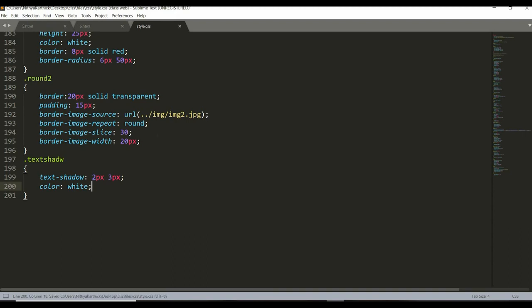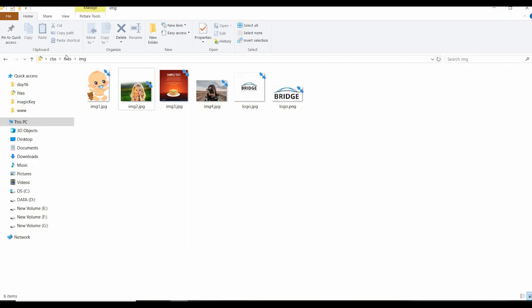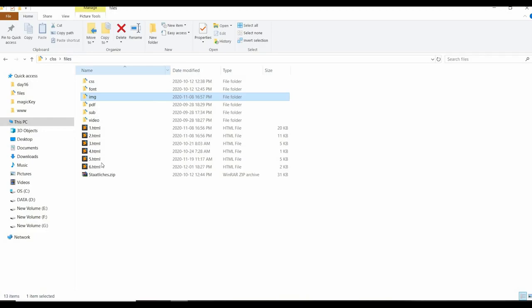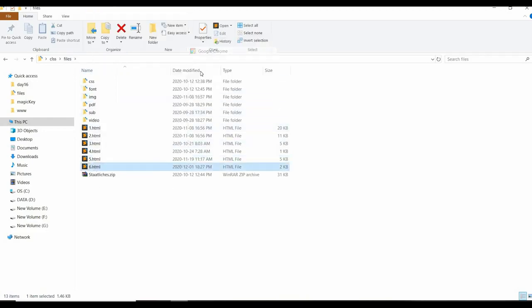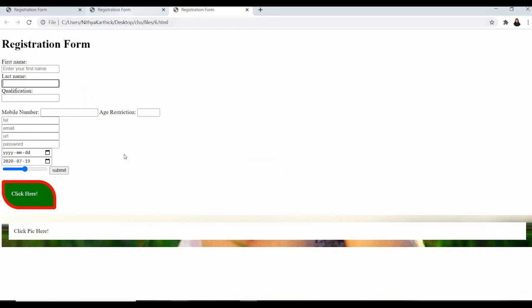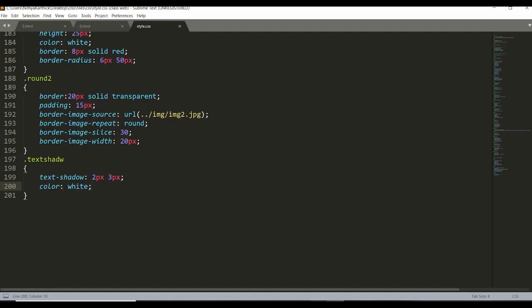I'm just saving it. Let me go and run this. Open with Pro. Actually I had given this text as white color, that's why. I'll give it as black.